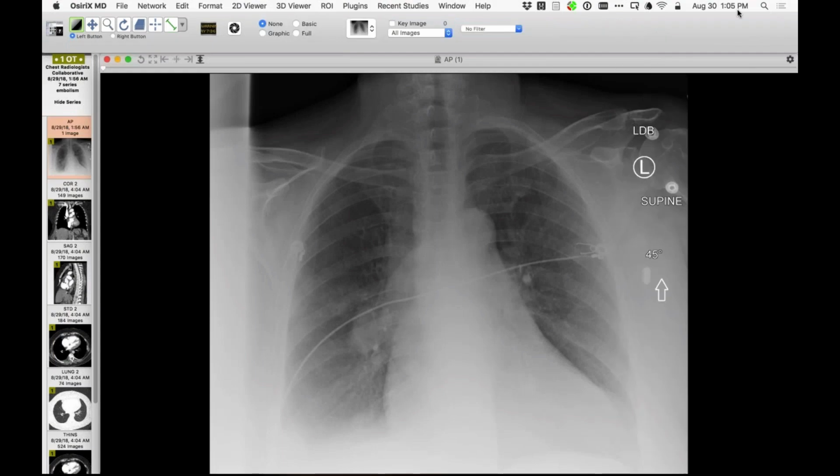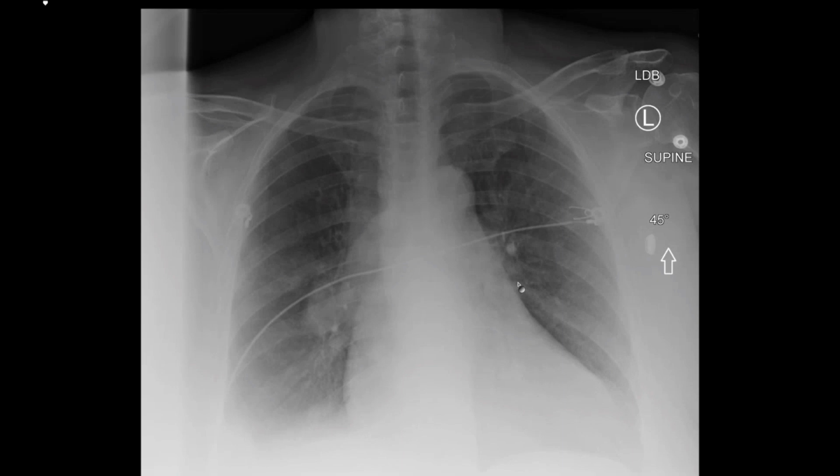Okay, let me show you this case first. So this is a nice demonstration of some classic science. Let me give you a moment to look at that image. I don't know the detailed history, but suffice it to say, a reasonable history likely is chest pain and shortness of breath. Take a look at that for a moment, and then I'll show you the nice CT